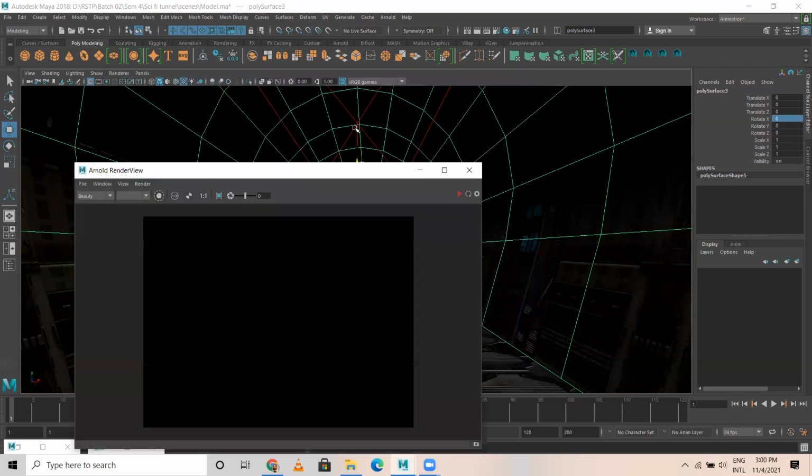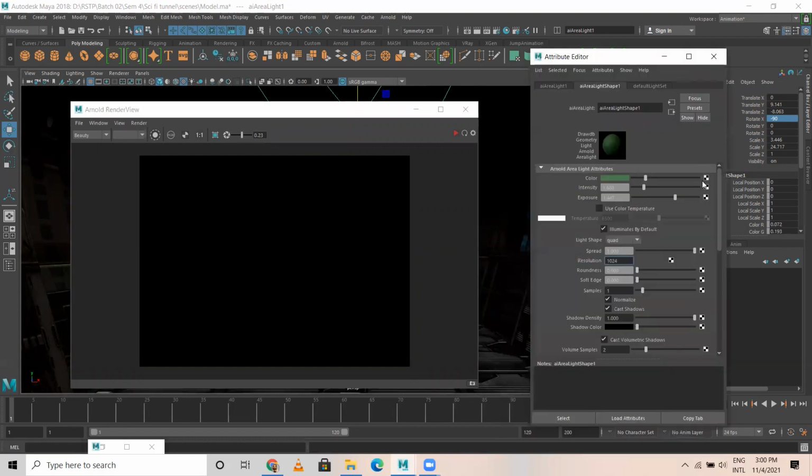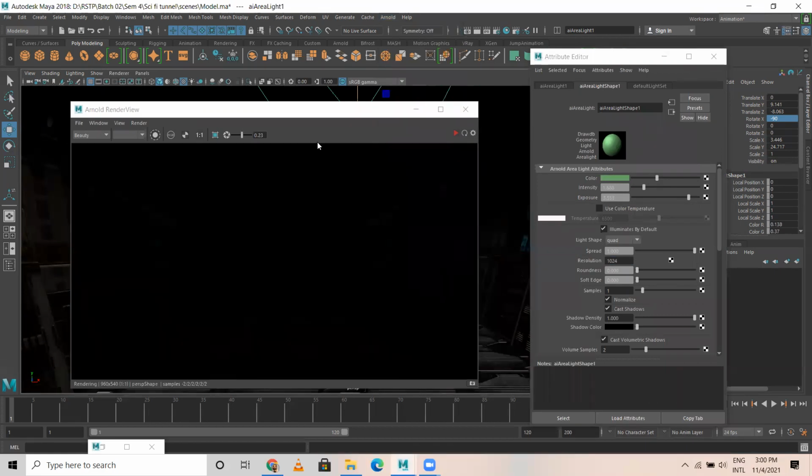So I go for light. In Arnold, the render option is there. Click on render. Actually, it is rendering. It is taking some time.